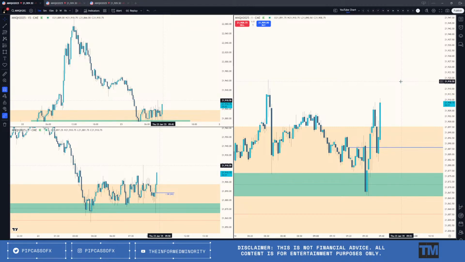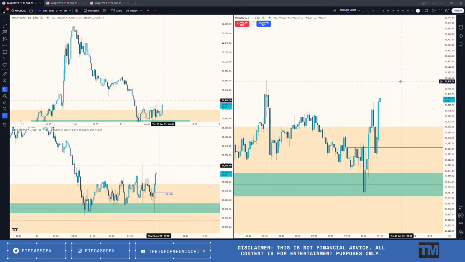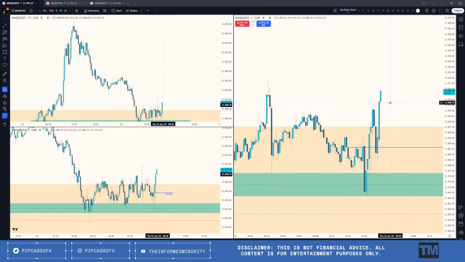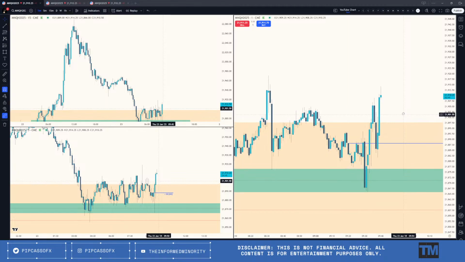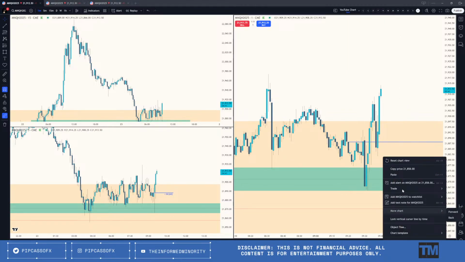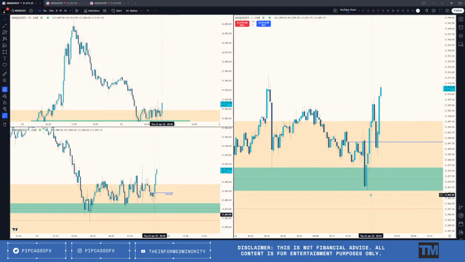So I want to see a little bit more here, and then this would be great, because if this creates a fair value gap, I'm in that one. Yeah, the cleaner the charts, the better. I've had times where it's just too much. So if we can create a fair value gap here, I will enter, and on a long, I just need to. It may not even give it to us, but that's fine. I'll give it to me.